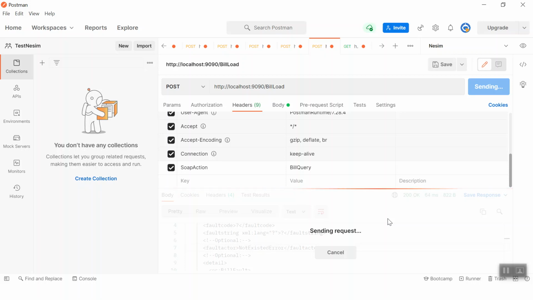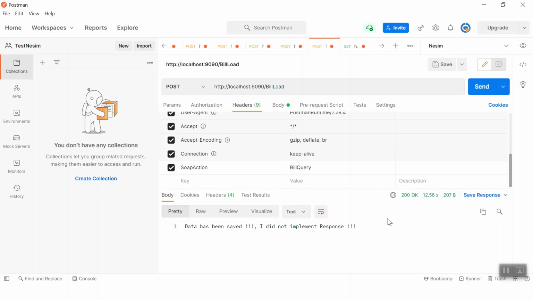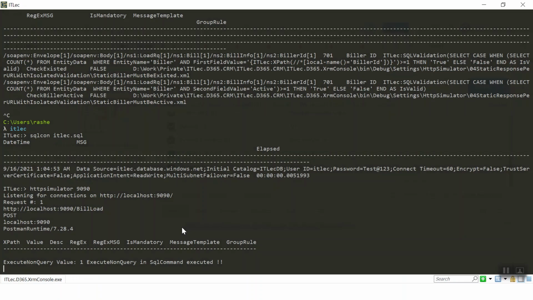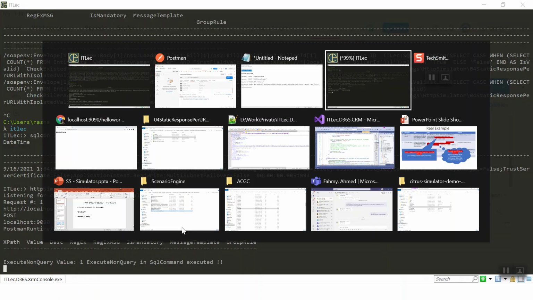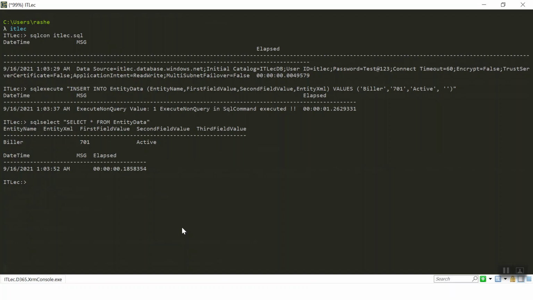It executes some SQLs. Okay, so data now is saved, but I did not implement the response. Actually, I implemented it with this statement. Okay, so if I come here, if I want to see what happened, I will click select again and a new one will be created. We'll see now instead of we have only one, we